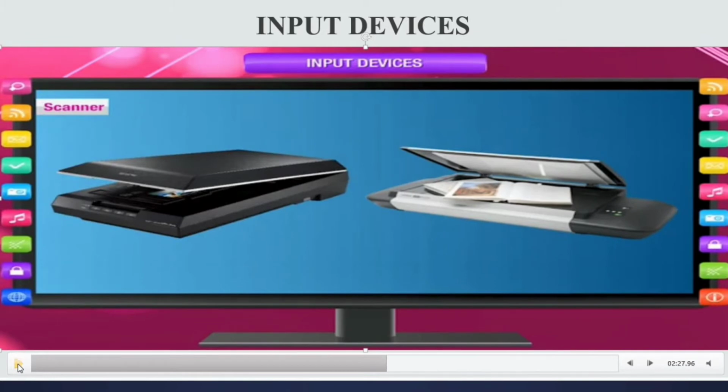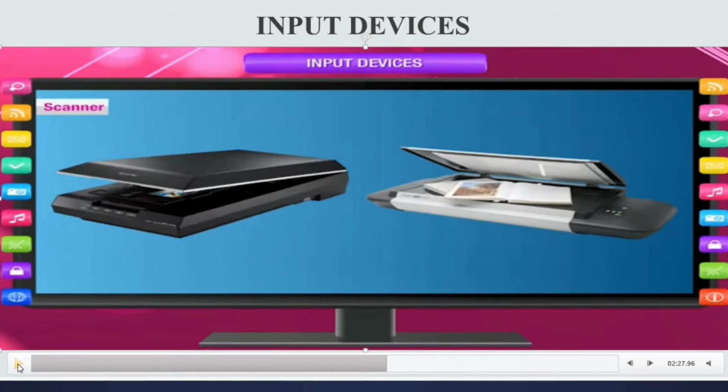If we have to scan a page from the notebook, the scanner is used. As the name suggests, it can scan whatever we write, whatever we draw, whatever book we have to scan into the computer, right?